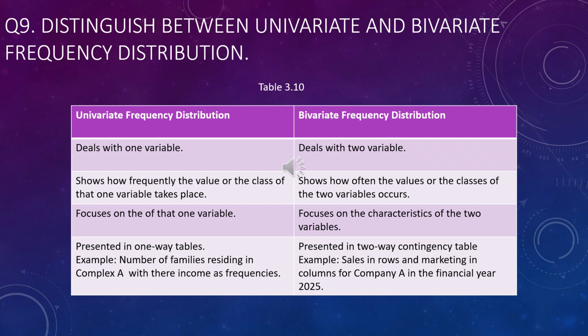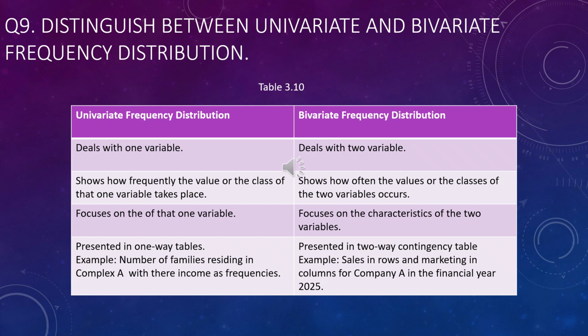The next difference is what? Univariate frequency distribution focuses on that one variable's characteristics. For the bivariate, it focuses on the characteristics of the two variables. Next difference will be what? Univariate frequency distribution is presented in a one-way table, while bivariate frequency distribution is presented in the two-way or contingency